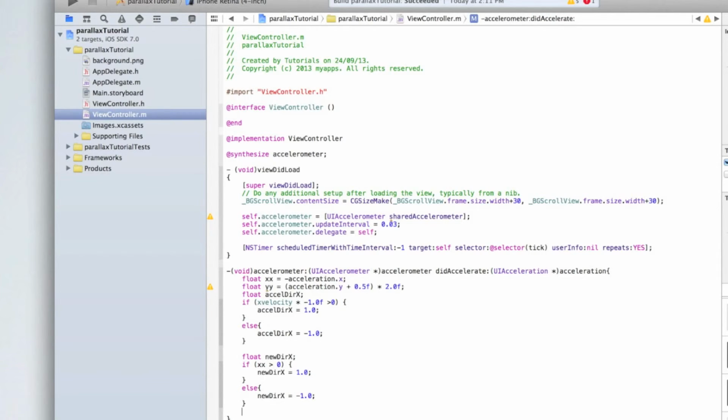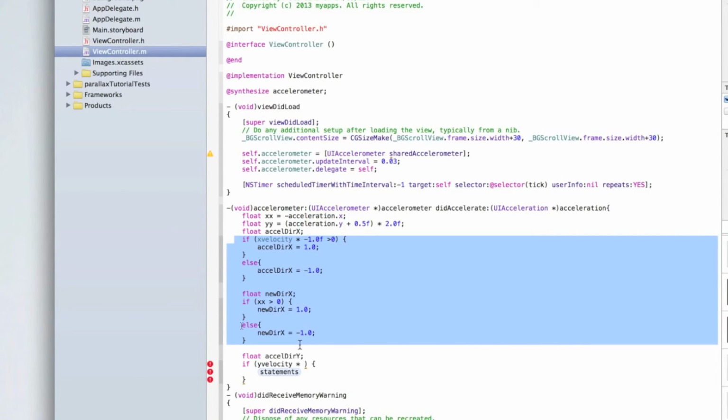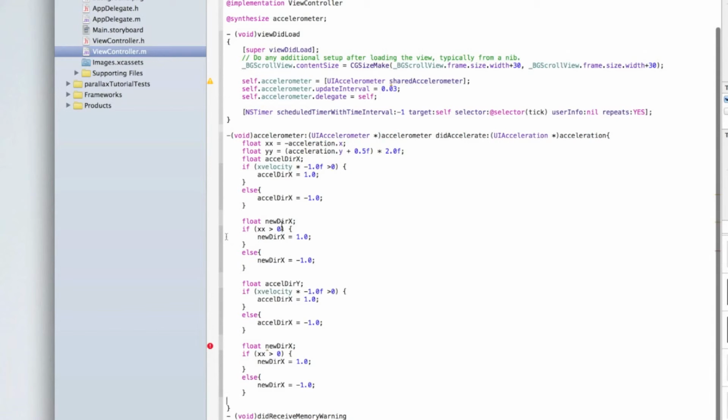curly bracket. And now we need the acceleration direction on the y-axis. So type float, and then accel direction on the y-axis, so accel y, and that came out sounding violent, but it's not. And then we want if y velocity times 1.0f and everything, so we can just copy this code obviously, and it's all exactly the same except it's y. So let's copy that, and we'll delete all of this if statement. And now we just need to change this to yy, and then we need to change,